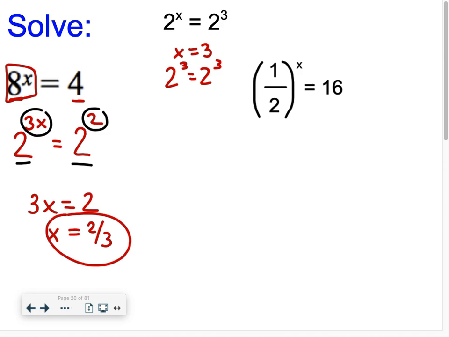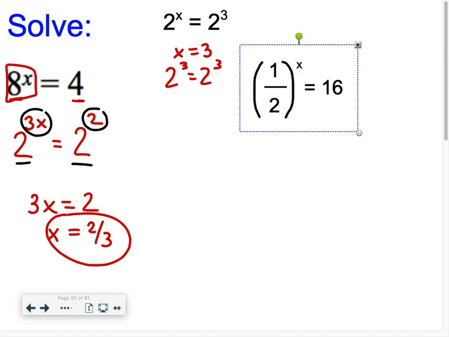Okay, a little more tricky if you look at this example, 1/2 to the x equals 16. Well, if you think about it, as I put positive numbers in for x, it's going to get smaller. Like 1/2 squared is 1/4, 1/2 cubed is 1/8. It's not going to be getting bigger to get to 16. So to write this base of 1/2 and the base of 16 to be the same, they're both powers of